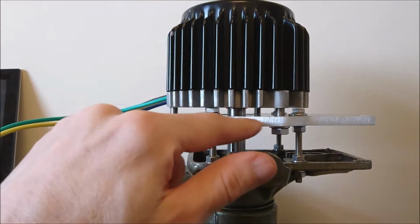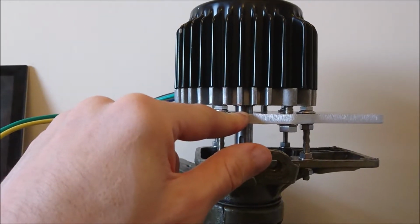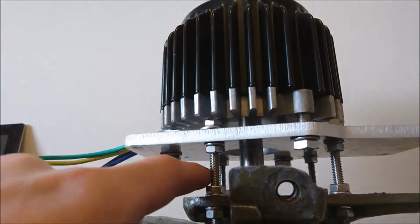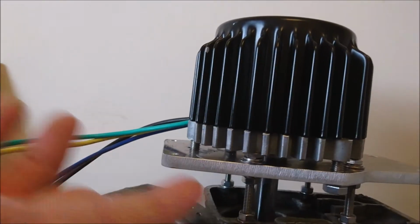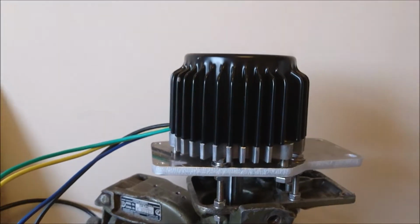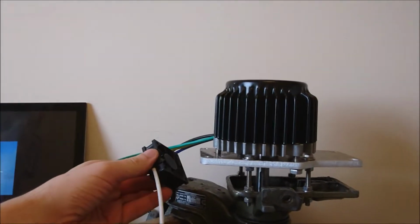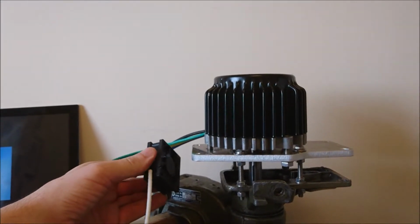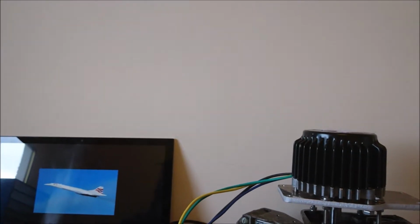That's going to suck air up through the bottom. I had left quite a big hole here, and blow it out along the sides base plate of the motor, and that should hopefully take most of that heat away. In addition, I'll probably use another electric cooling fan somewhere just for when you've been running hard and you've turned the motor off. That's all quite straightforward stuff that I quite enjoy doing, but unfortunately I'm not really in a position to do very much at all